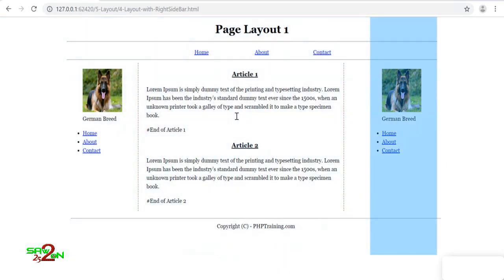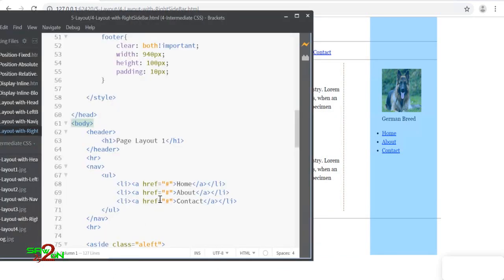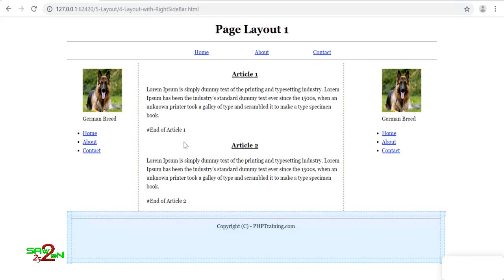And we haven't done really anything here. We have just worked on the layouts. We have aligned things onto the left and pushed the content to the left and this one to the right, and then we added some dotted lines, and for the rest we just added the width, and then we pushed everything to the center. Then here we have display inline block, and we have added some padding and spacing into the list items. If you look at this page from a CSS point of view, you should understand how many boxes are there, and how you are moving those boxes onto the page.